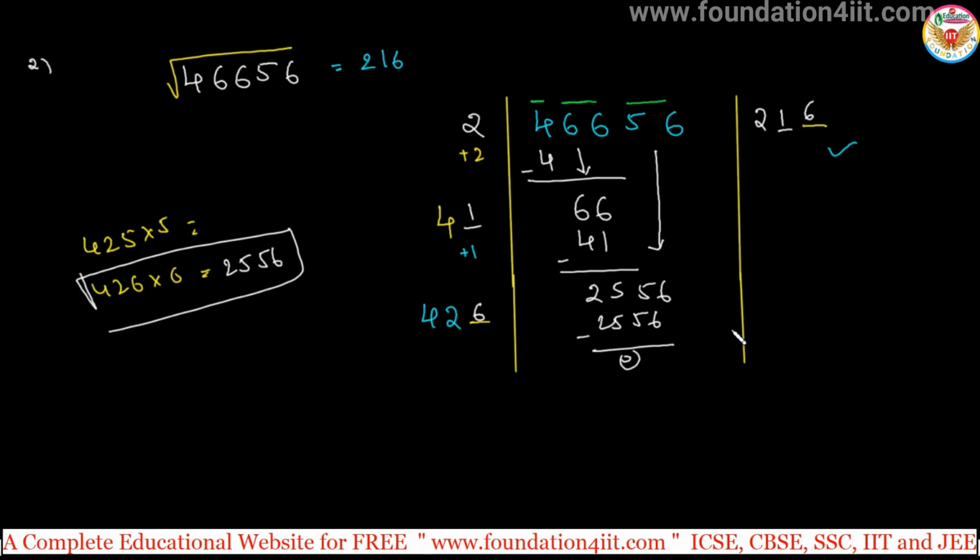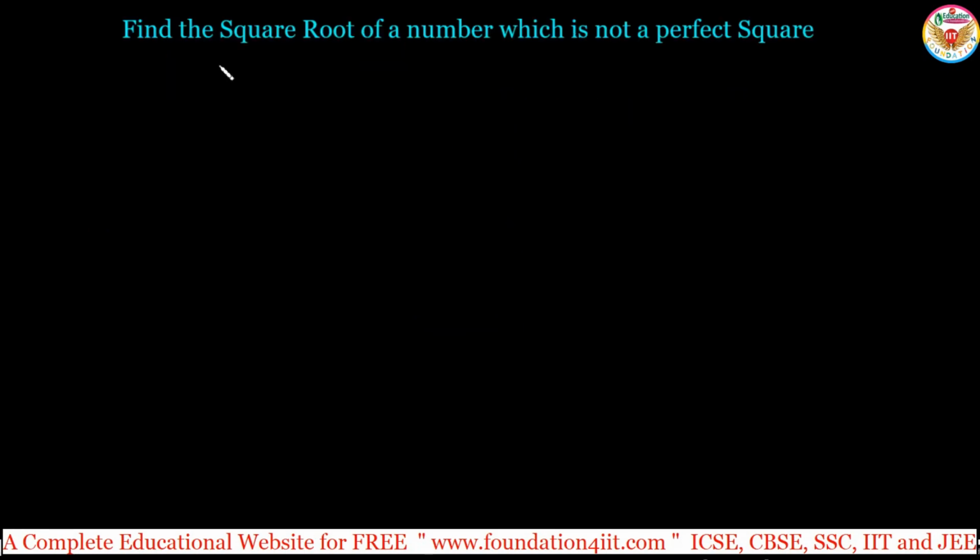Not only this, when the numbers are not perfect squares, for example the square root of 2 or the square root of 3, and because these were perfect squares, you got exactly remainder 0. If it's not a perfect square, questions up to 2 decimal places or up to 3 decimal places of those types we'll also see now. Finding the square root of a number which is not a perfect square. If any number is not a perfect square, how do we find the square root? Using this division method only, we'll see now.